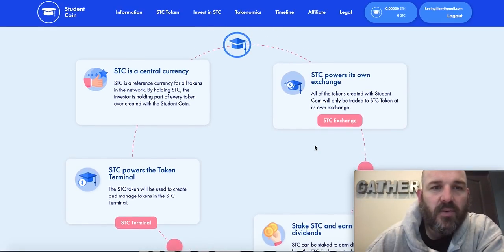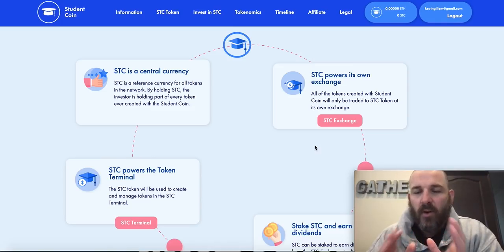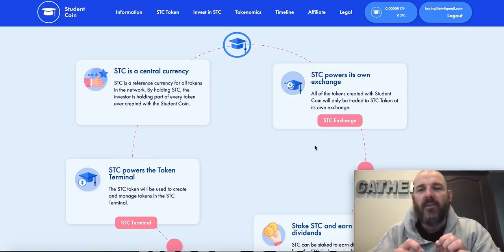STC is a central currency. STC is a reference currency for all tokens in the network. By holding STC, the investor is holding part of every token ever created with the StudentCoin. And I've already gone into how many of those coins are going to be. So if you hold a little piece of all of them,